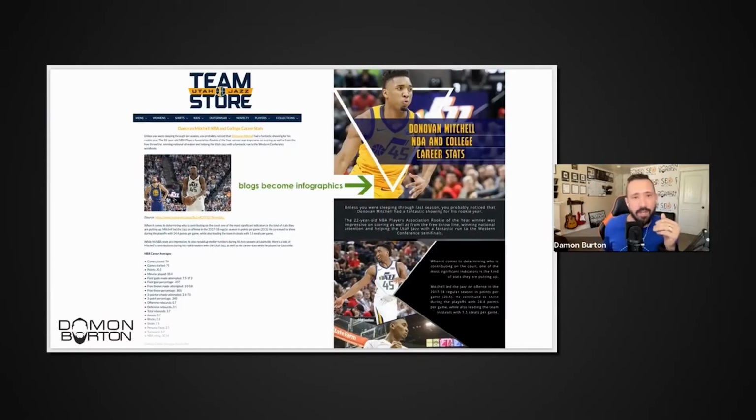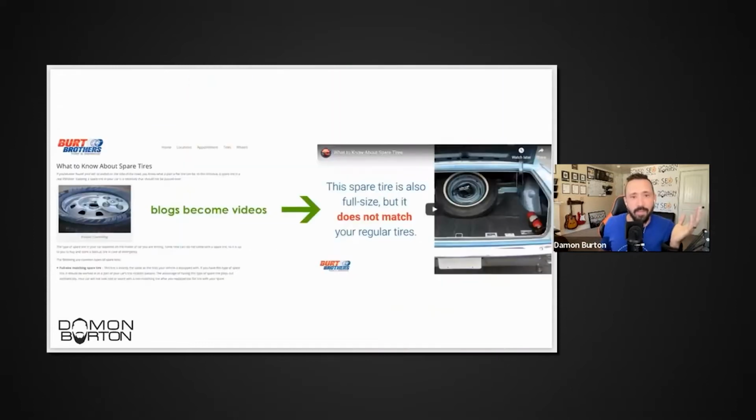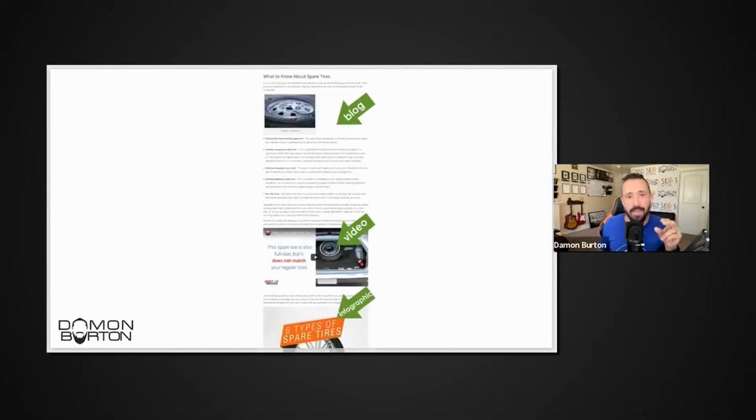Repurpose it. Here's an example of the article. You don't need to read the actual text, but we took this text for the jazz and put it into an infographic. A lot of you guys are familiar with Canva and things like that. There are tools in there to build out infographics. Do it again. Take the text and convert it into a video. So now you have one single piece of text-based content that you can repurpose into videos and graphics. What you want to do with that is stack it like this.